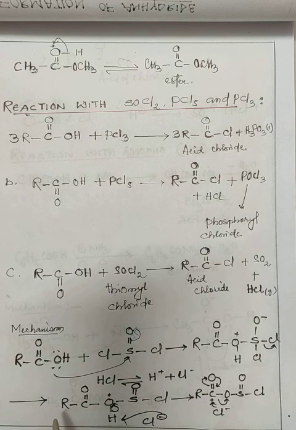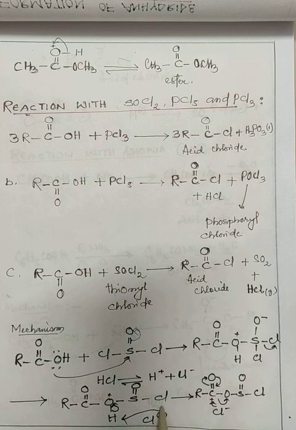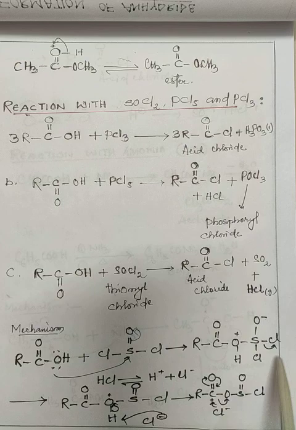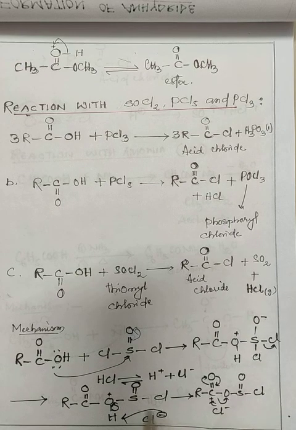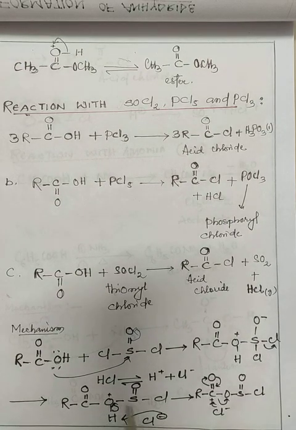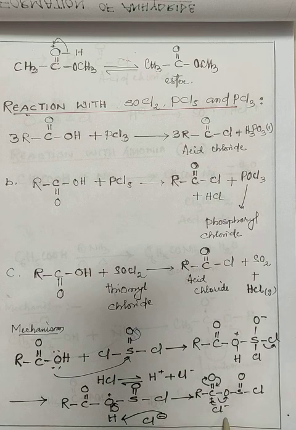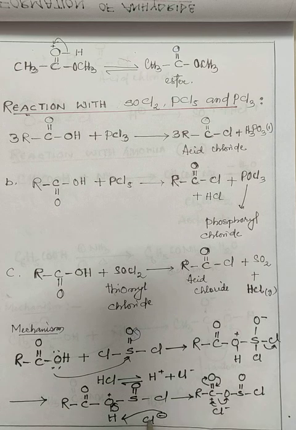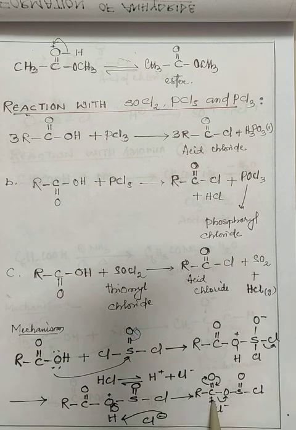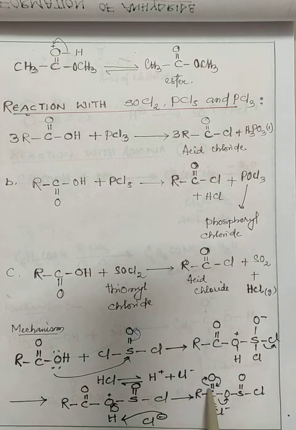Now another one here, this is R C double bond O, then OH, then this. In this product, we are eliminating, and the negative charge of Cl will be connected to this. At that time HCl we will get. Then here we will just see Cl, that means this one we will have, and then whatever is breaking will be connected to this. That means this double bond we have to break and then give to here.